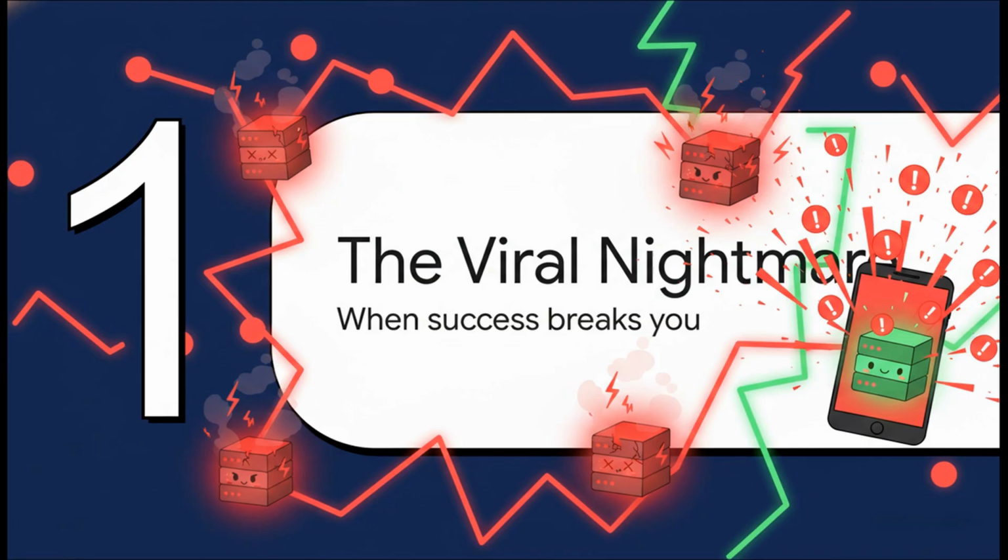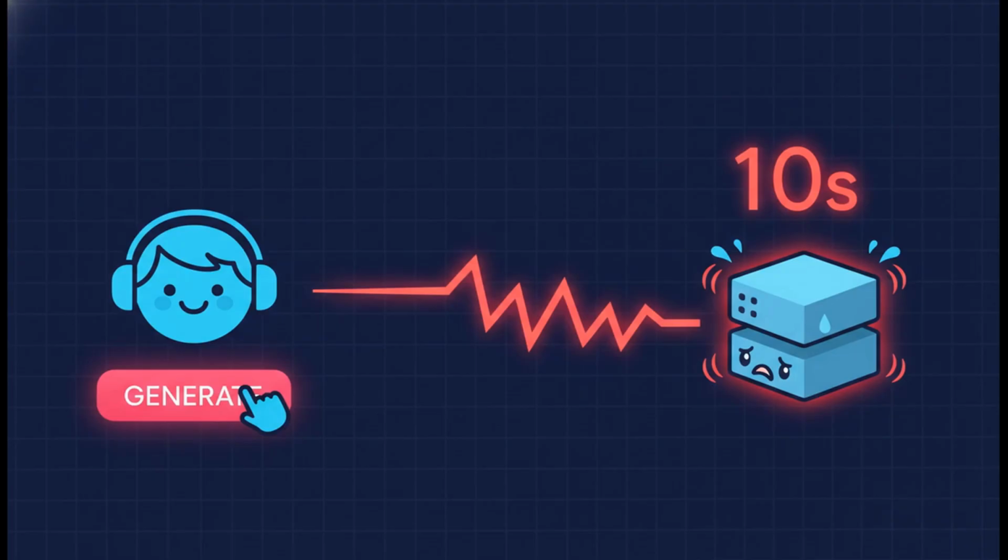But then the dream starts to curdle. Just as fast as the users pour in, your phone starts blowing up with server alerts. Your beautiful creation is literally buckling under its own success. So here's the fatal flaw, the ticking time bomb in your architecture. Each AI photo generation is a heavy lift, right? It takes a full 10 seconds. And in your current setup, when a user clicks generate, they're completely locked in.